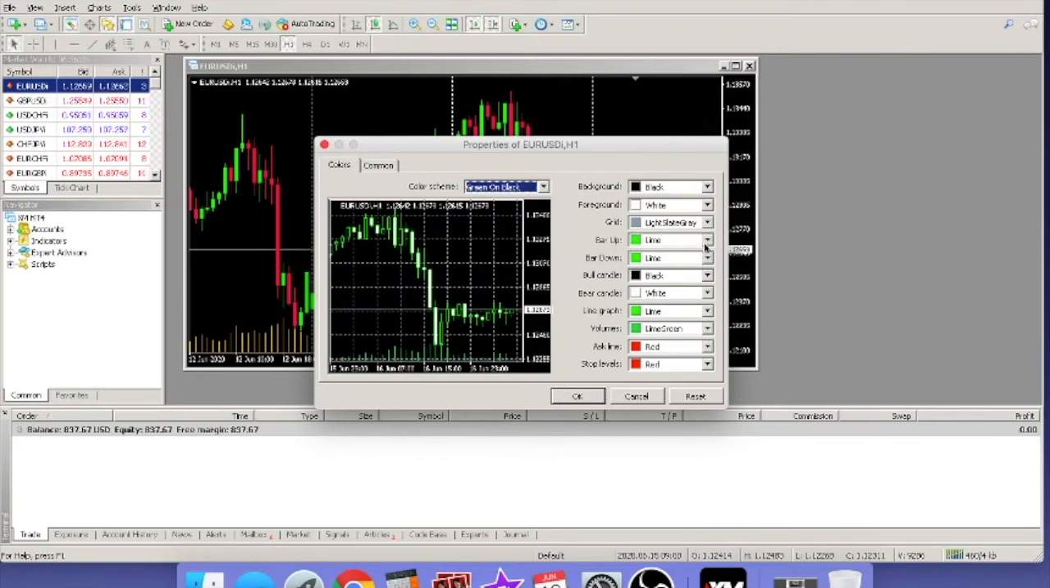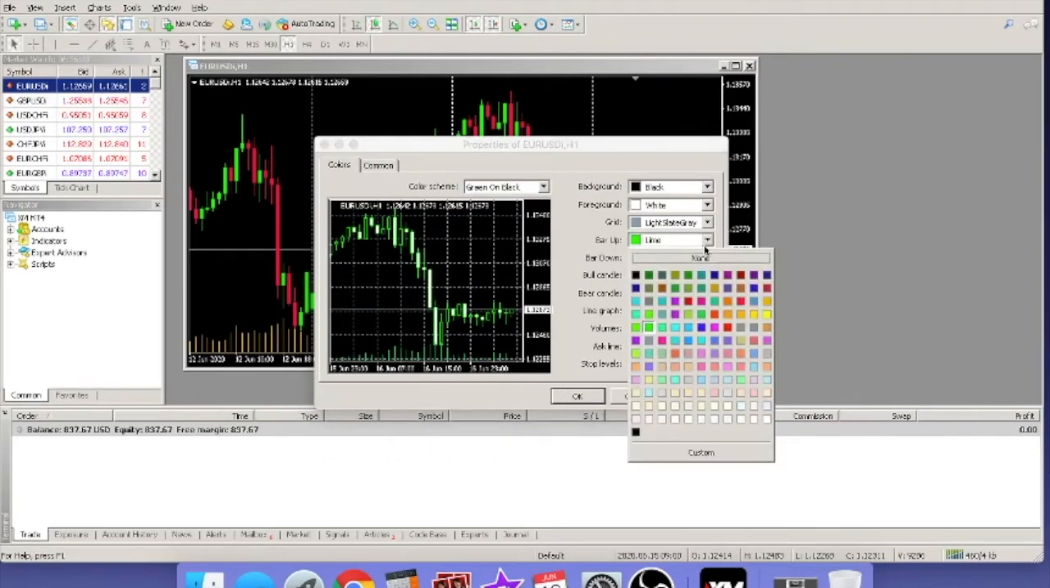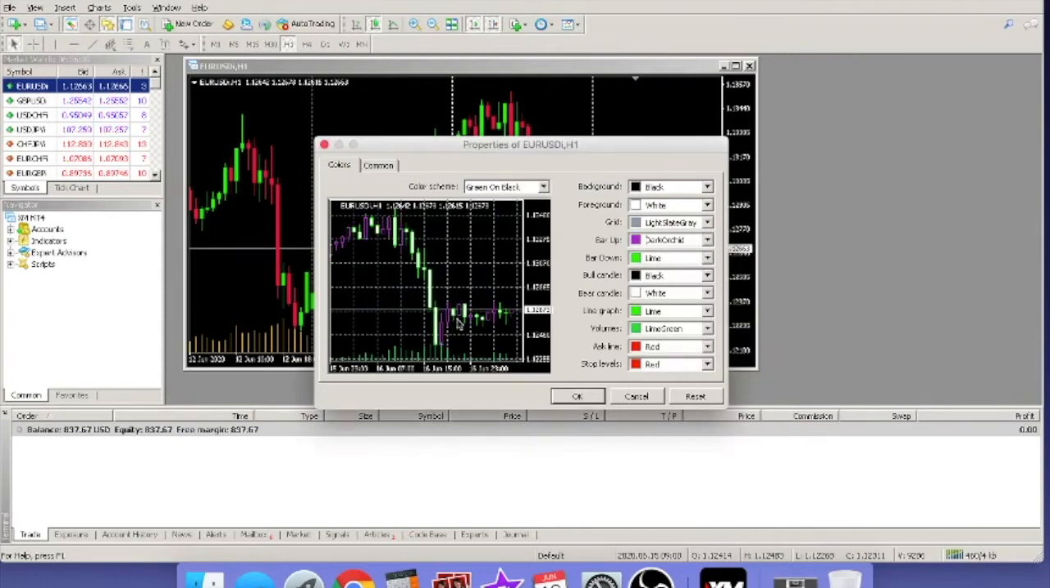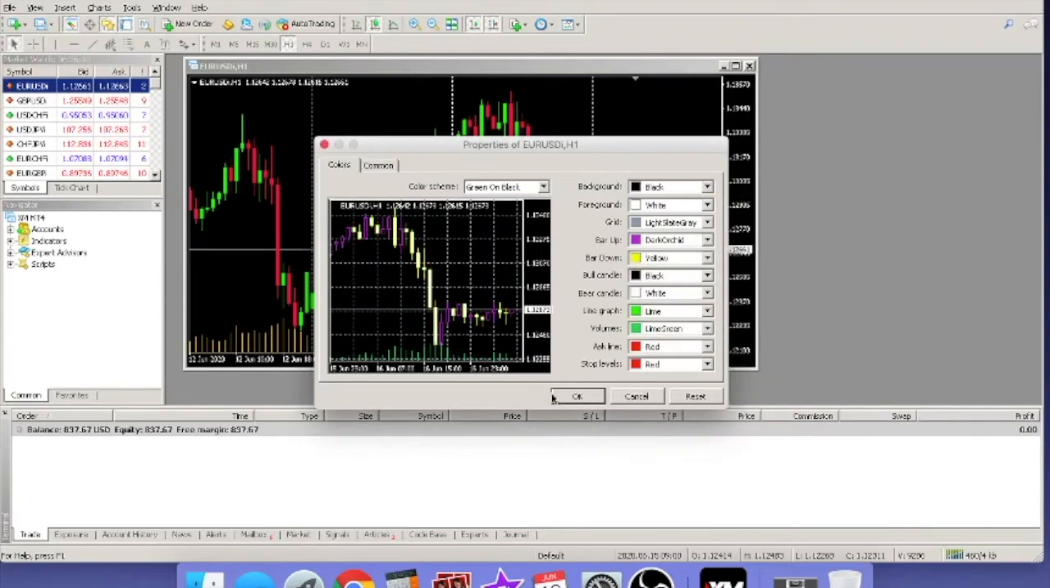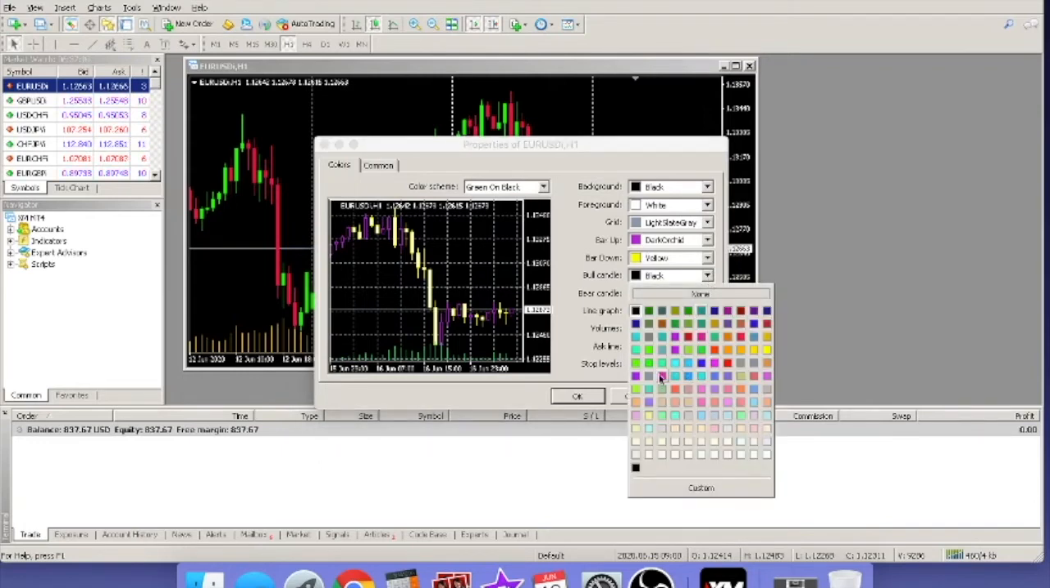So for your bar up, it will change. Let's say if I wanted to change the bar up to purple, it will actually display what it would look like over here on the left side in the picture. And bar down, if I wanted to change that to yellow, that would be changed to yellow. For the bull candle, that is any candlestick that has made a positive change, meaning that the close price is higher than the open price. So let's say if I wanted to change that to green, and I'm just going to pick any shade of green,